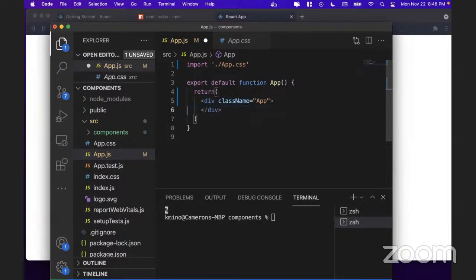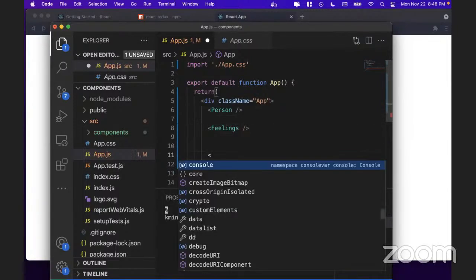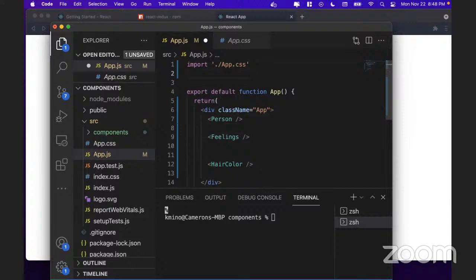But instead of returning this text here, I want to return a couple components. I haven't defined those components yet, so I will define them soon. So I'm going to have a person component, a feelings component, and a hair color component. Clearly, because I want these components to be rendered, I'm going to have to, one, create them and then also import them. So I'm just going to get ahead of myself